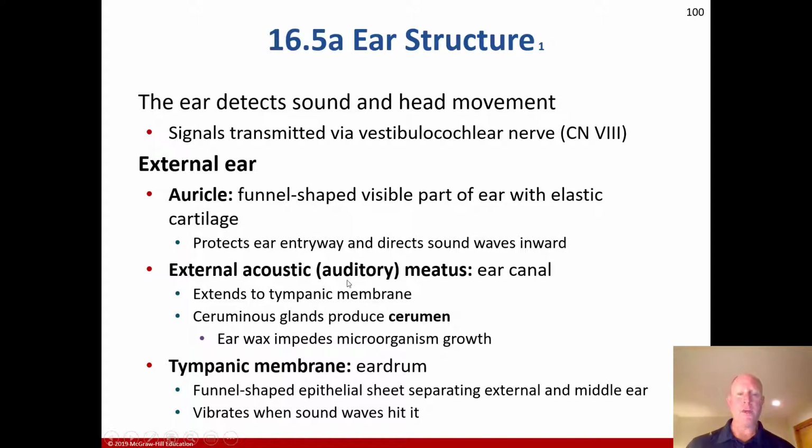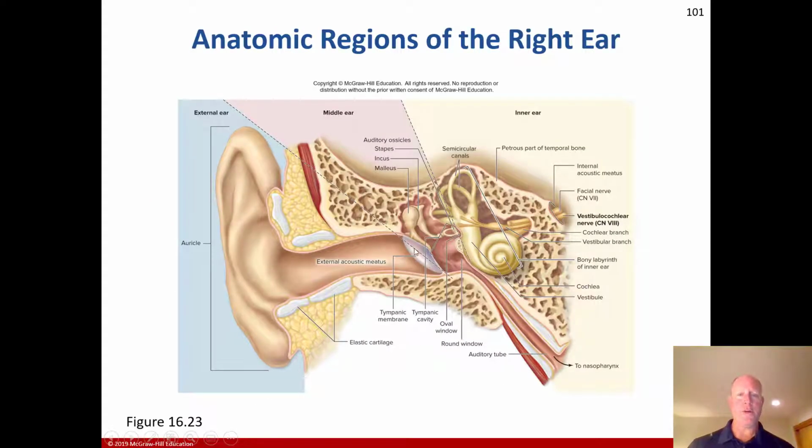The external acoustic meatus, which is the ear canal, extends to the tympanic membrane. The ceruminous glands produce cerumen, and earwax impedes microorganism growth. The tympanic membrane is the eardrum, a funnel-shaped epithelial sheet separating the external and middle ear, and it vibrates when sound hits it. And so this picture here, and this will be on your exam for the final,